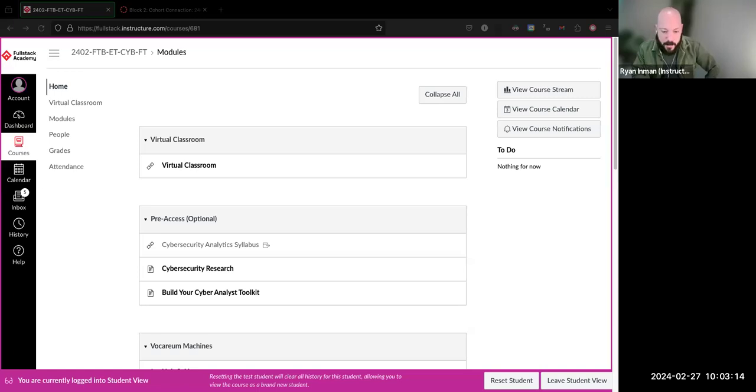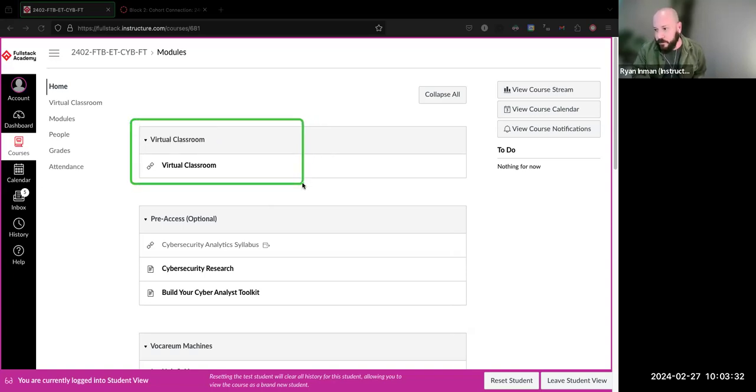I'm going to share my screen out to Canvas. I'm in student mode, so it should look pretty much identical to what you see when you open your environment. Make sure my chat is open. And just kind of walking through this format again, at the very top of the page, you have the link